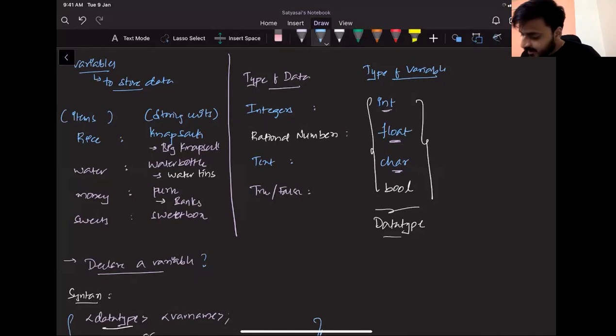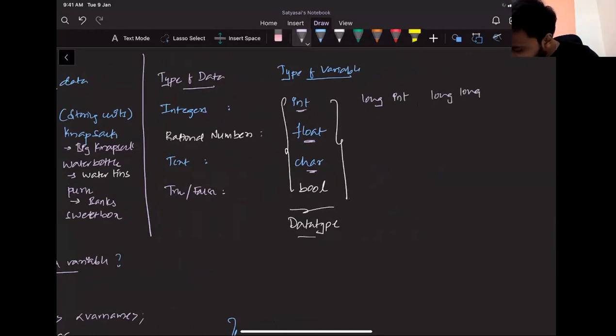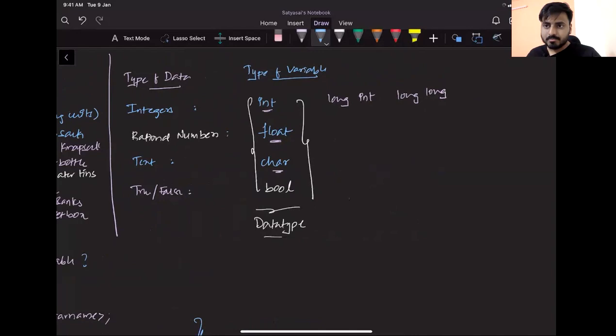That means even in the same scenario, if you want to store a bigger number, here bigger in the sense of more digits, you can use something called long int, or you can also use long. In the same way, if you want to store a bigger decimal number, you'll use something called double. If you want to store even bigger, then you can use something called long double. This is interesting.